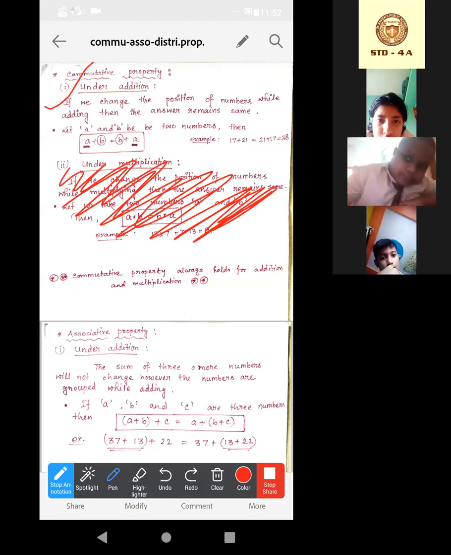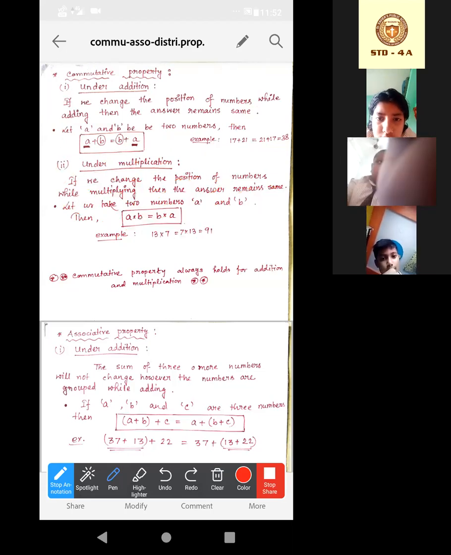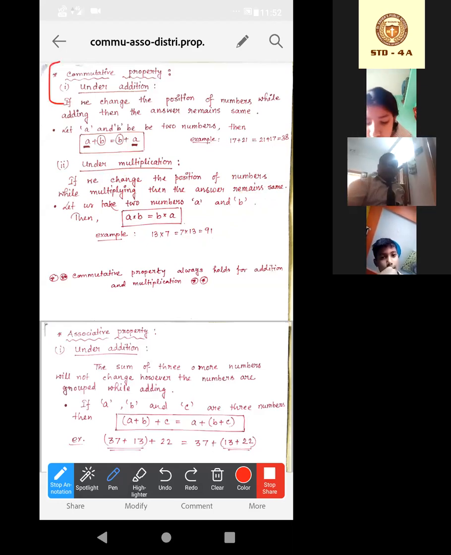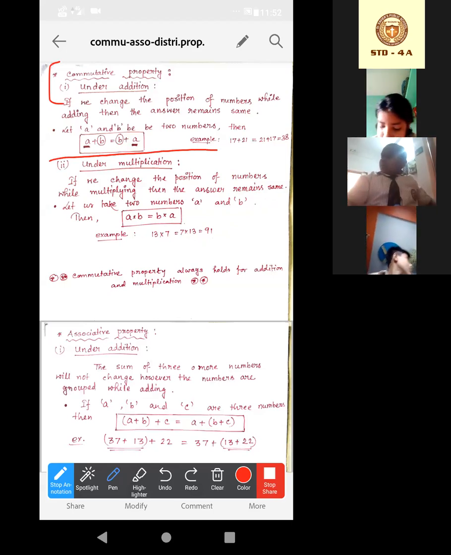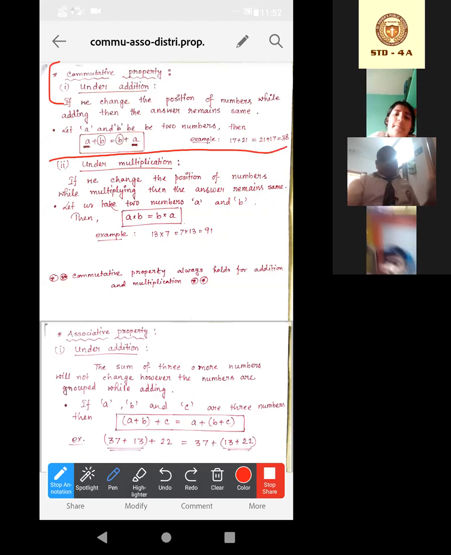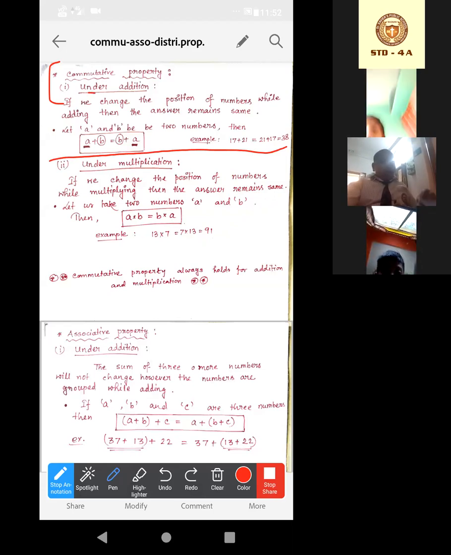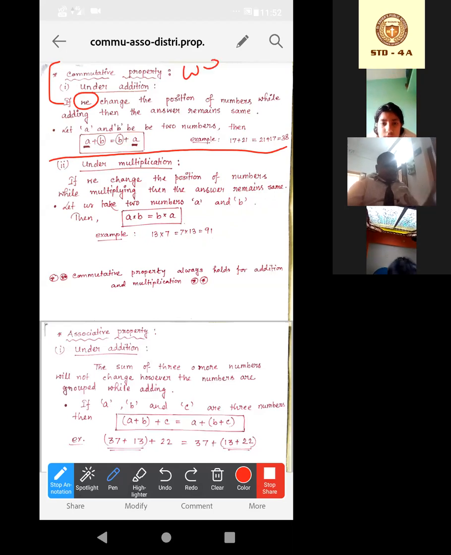So write only the addition part, okay? Give a heading and write up to this. Look, it is written over there. If we change the position of numbers while adding,